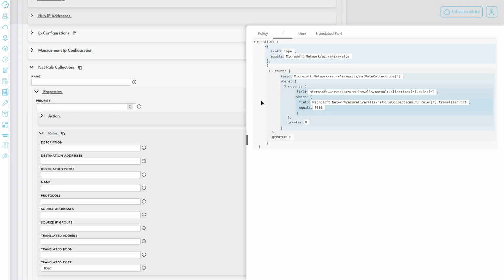Let's review the logic. First, we iterate over every NAT rule collection. Second, for each collection, we iterate over every rule. If any rule has a translated port of 8080, our inner count becomes greater than 0. If the inner count is greater than 0, the outer count also becomes greater than 0, and the firewall resource